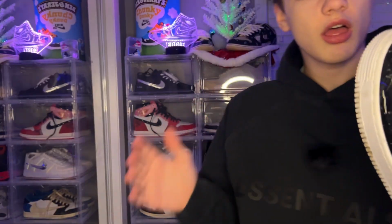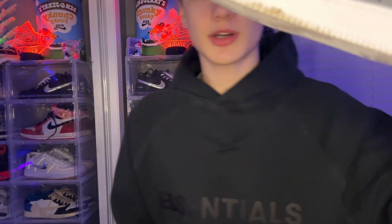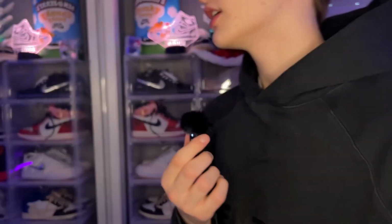Here I have some Bape. Bruh. No, here I have some Bape Stas. I don't even know the name of these. A company sent me these as well, so I might as well take them. But I actually really like these because